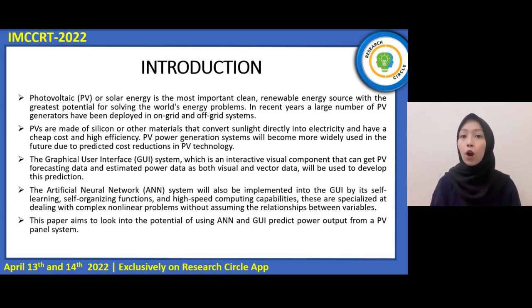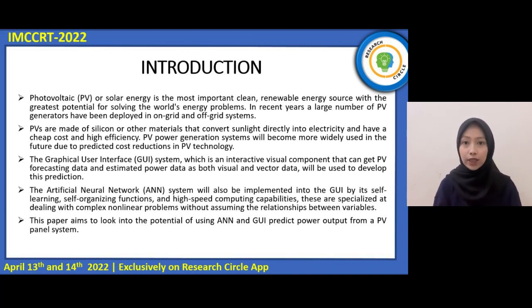Photovoltaic, which is PV or solar energy, is the most important, clean, renewable energy source with the greatest potential for solving the world's energy problems. In recent years, a large number of PV generators have been deployed in on-grid and off-grid systems. PVs are made of silicon or other materials that convert sunlight directly into electricity and have a cheap cost and high efficiency. PV power generation systems will become more widely used in the future due to the predicted cost reduction